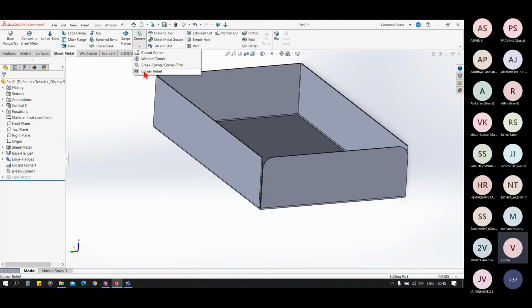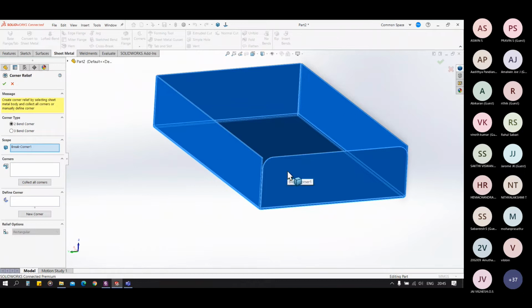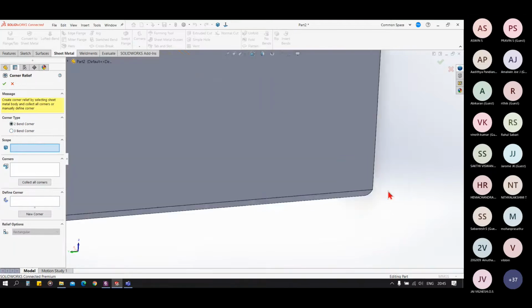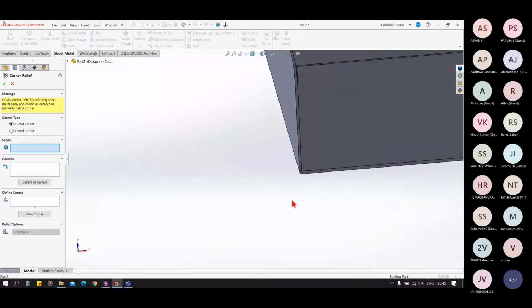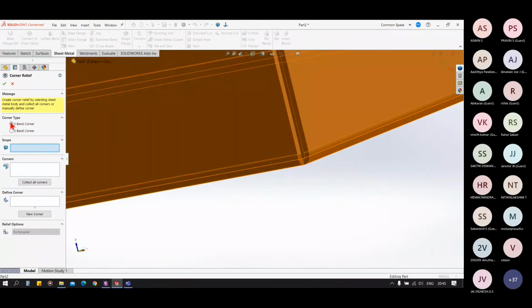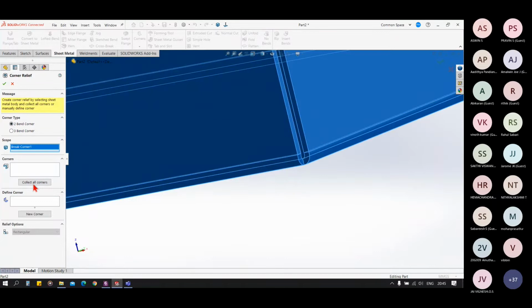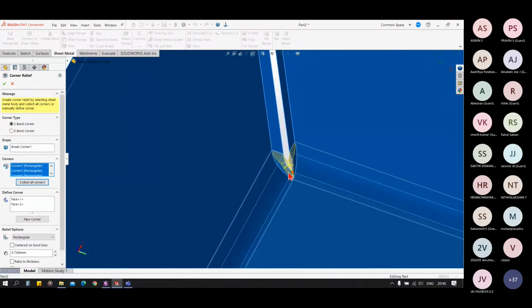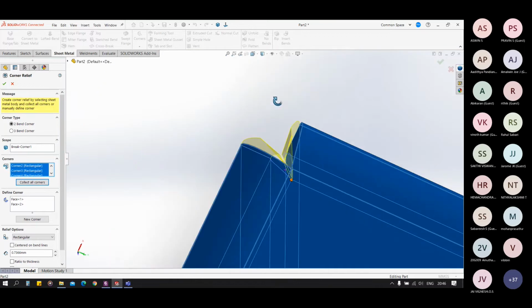Okay. So now going for the corner relief. For corner relief, we have options 2 bend corner and 3 bend corner. Currently we are having only the 2 bend corner here. So let's click on the 2 bend and select the scope, and you can see it has selected the corner, and you can see the yellow preview.